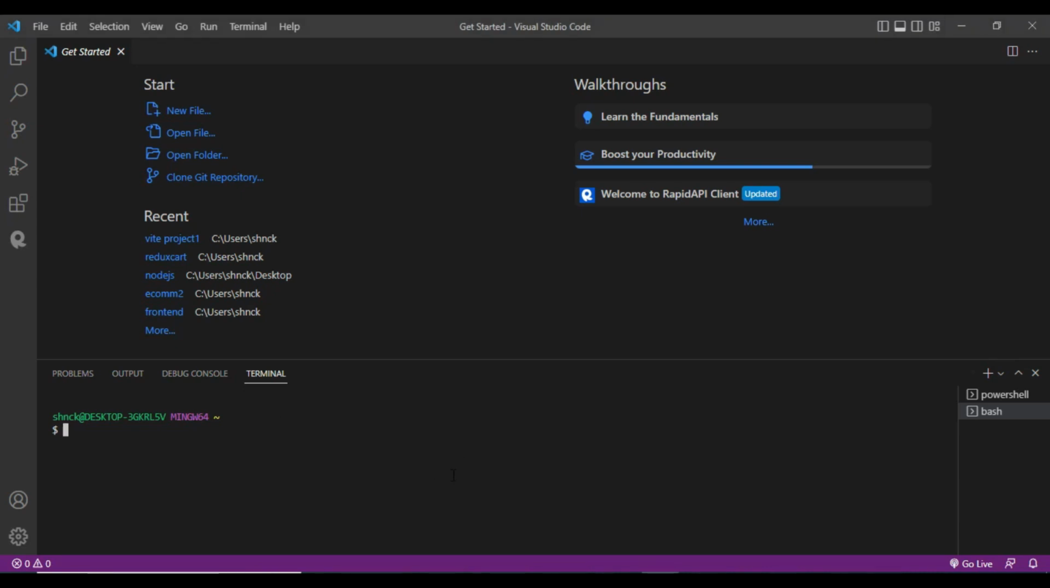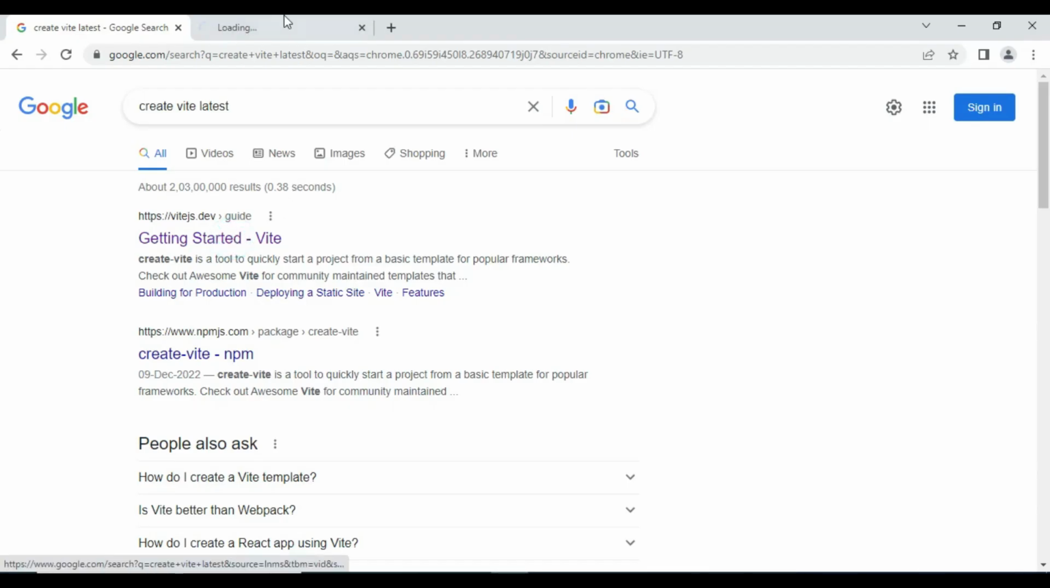Yeah, hi guys. So today we will create a Vite project in less than 2 or 3 minutes. Trust me guys, this is way faster than the common npm create React app. So what I will do, I will just move on to the website of Vite